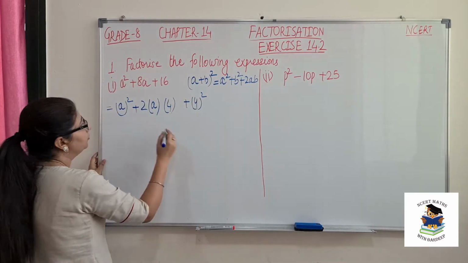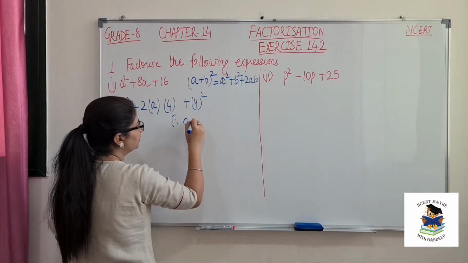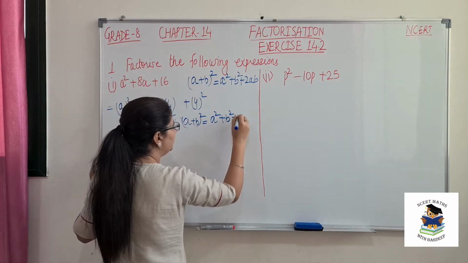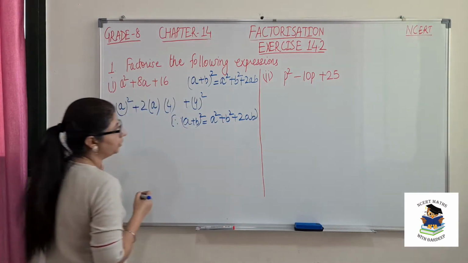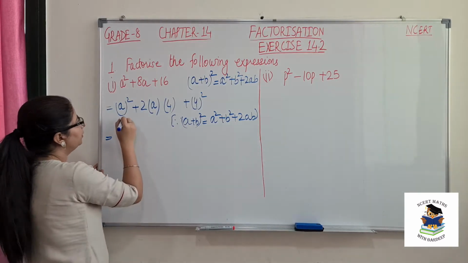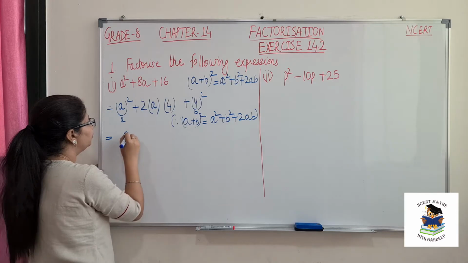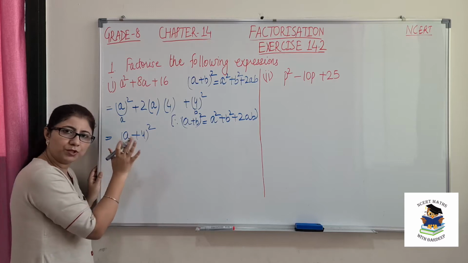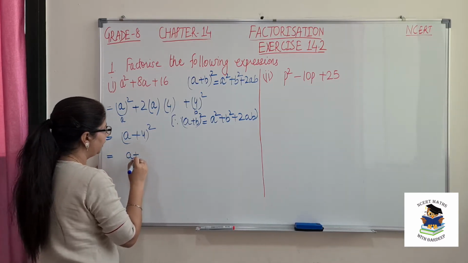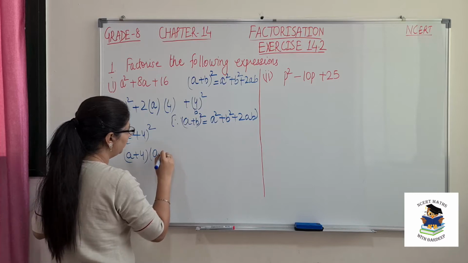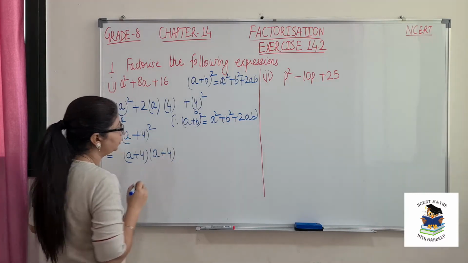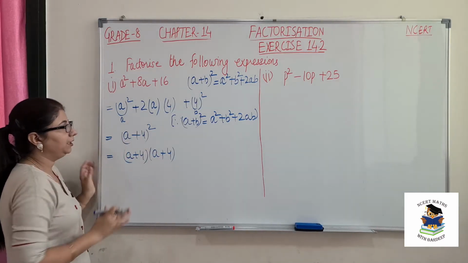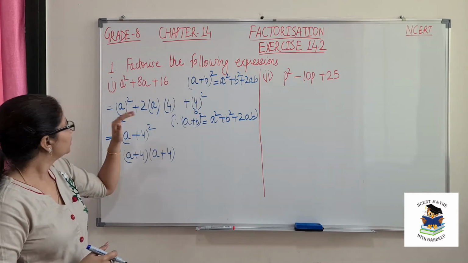So this full we will write, because a plus b whole square is equal to a square plus b square plus 2ab. Okay, so this is further equal to, this is our a, this is our b, so it should be a plus 4 whole square. Correct? You can leave this question here also, and if you want you can write it like this, because power square means we should write the term 2 times. So it can be written as a plus 4 into a plus 4, or you can leave it till here also. Okay, so this is the first one.